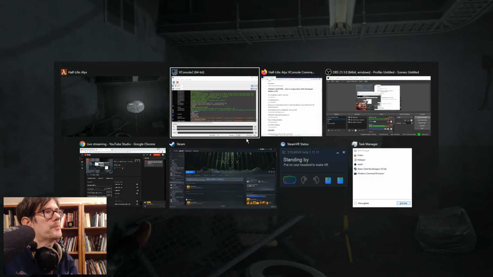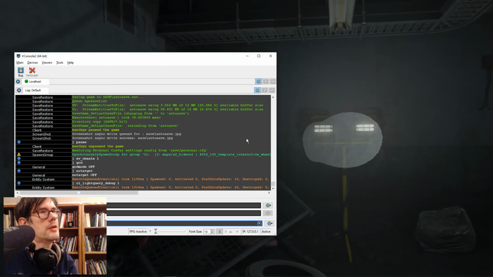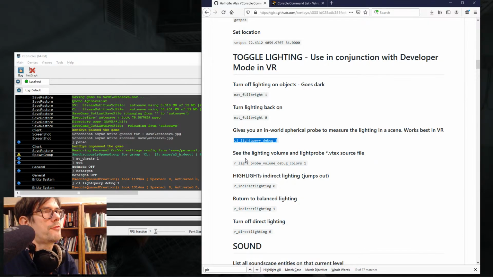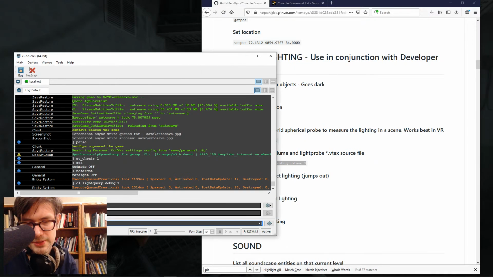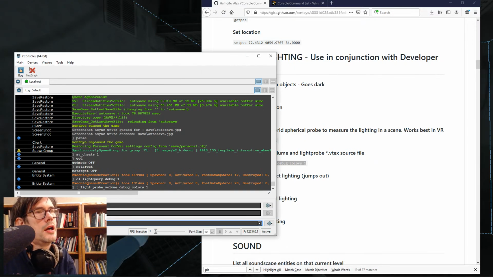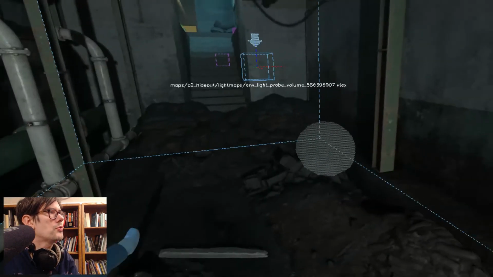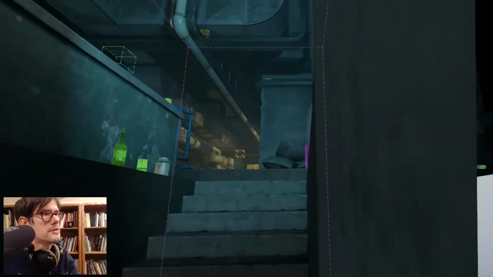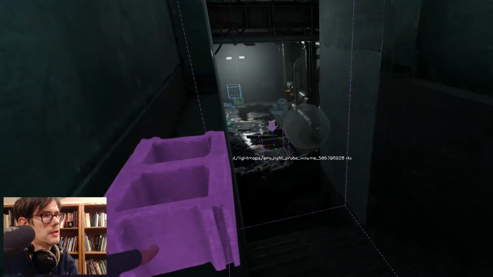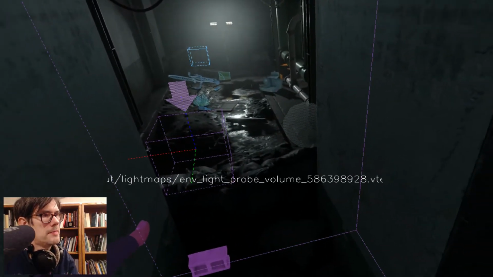So there's a lot more light commands that I'll have to figure out still. I was just finding ones that were helpful. As I was going through these commands, some of them worked, some of them didn't work, some of them I couldn't figure out. But the light debug is interesting because that will actually show you the volume of these different lights. And you can see there's actual light maps,